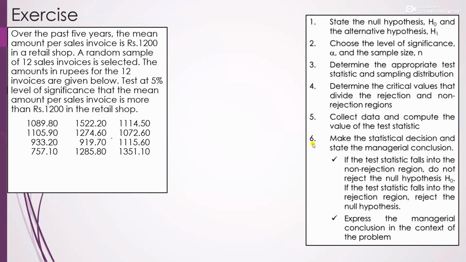In the previous example, X bar and S were given, but in this problem you have to calculate them. To calculate X bar, that is summation Xi over N, so that is equal to 1089.98.80 plus, add all the figures,